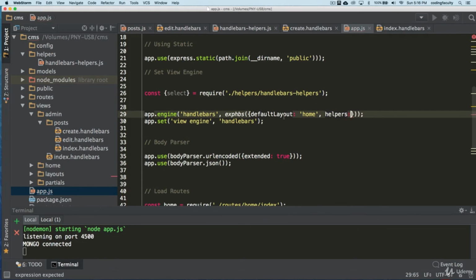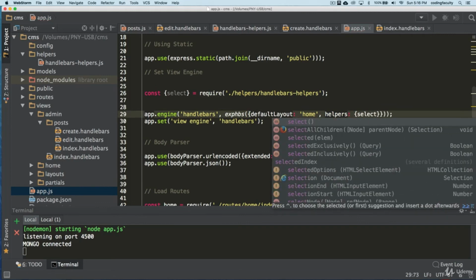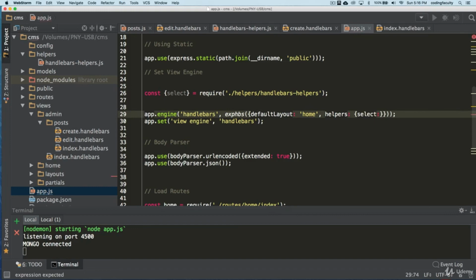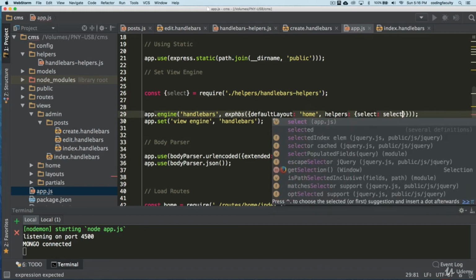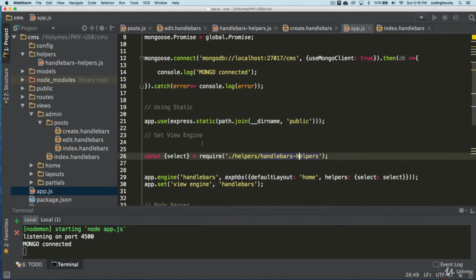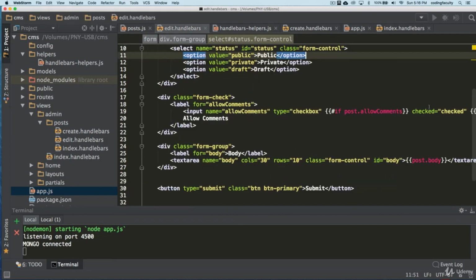This is something that's built in already. And now this is going to be an object, and the object is just going to be select. We can name it whatever we want, and the value is going to be select from here. So here we can name it whatever we want. This is the name that we are going to use in the handlebars section here.